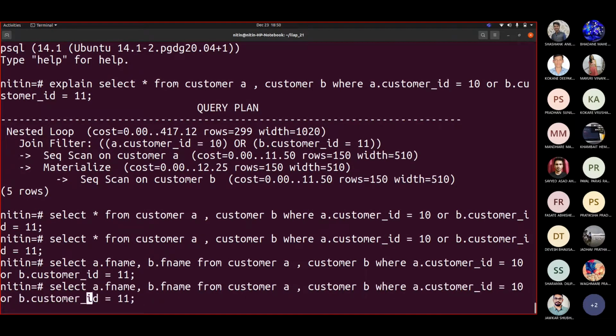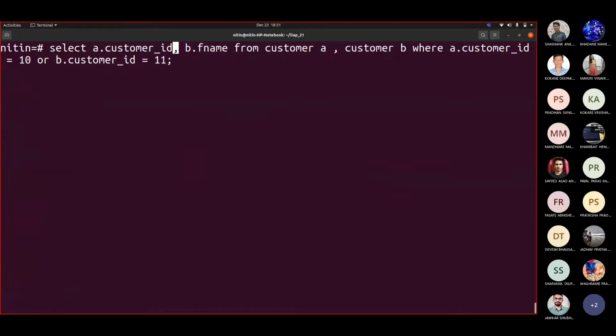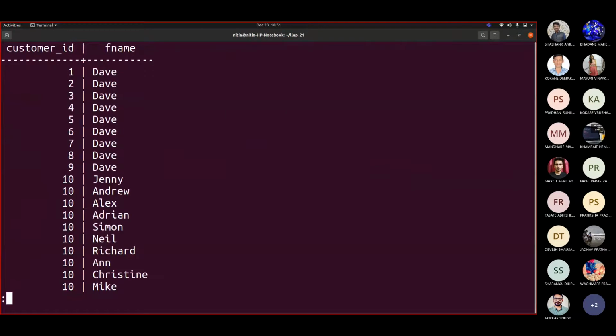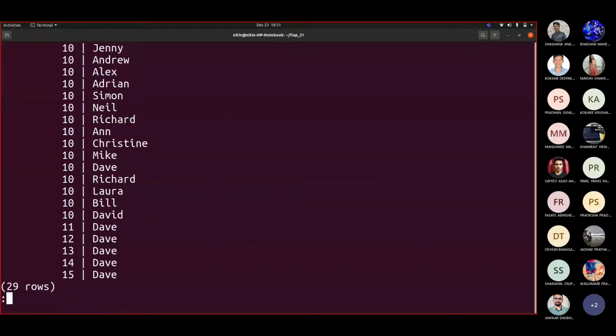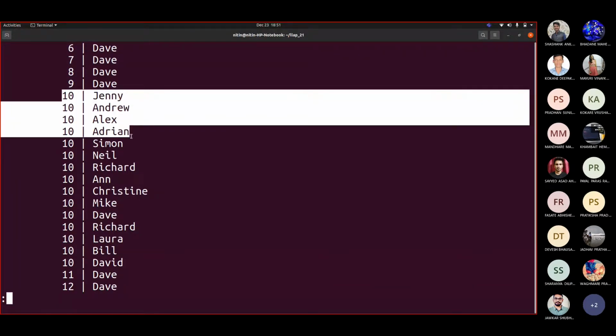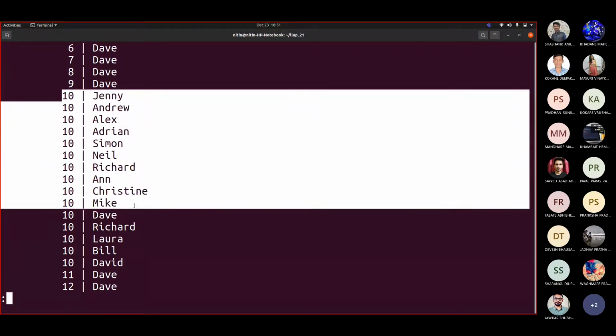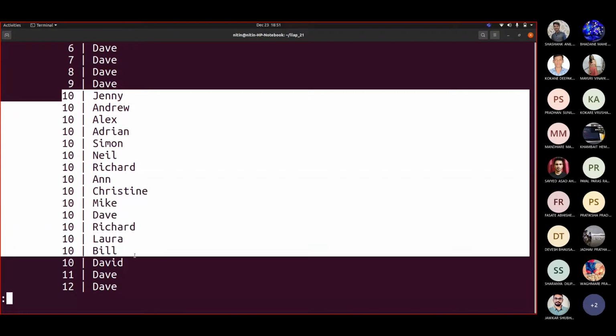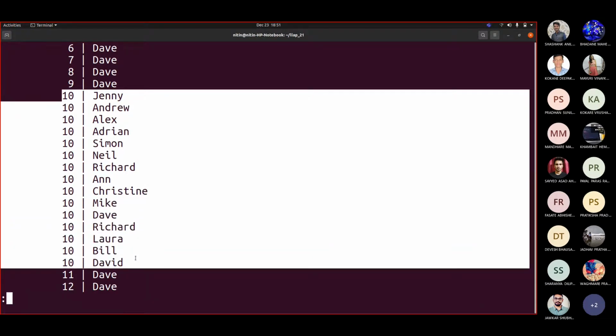So now here I'm talking about a.customer ID. This 10 is repeated, and for how many times is this 10 repeated? Let us count. 1, 2, 3, 4, 5, 6, 7, 8, 9, 10, 11, 12, 13, 14, 15. This is 15. Now let us see how many times Dave is shown.